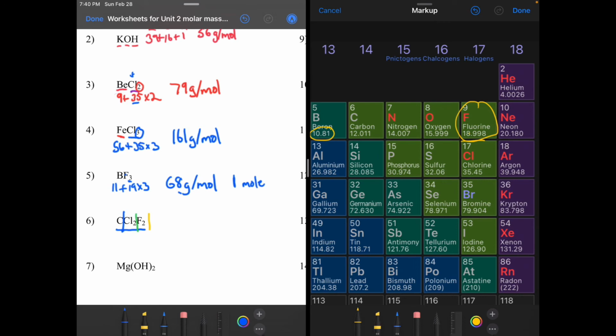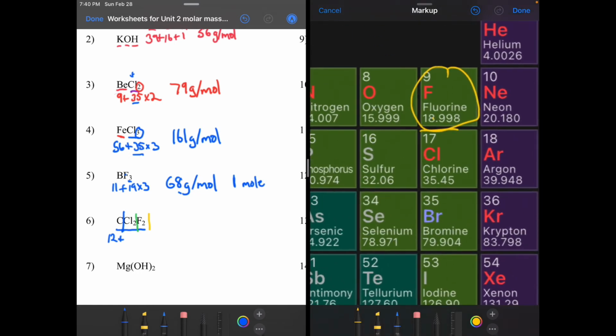So we have 1 carbon. That's going to be 12, rounded down. 12 plus chlorine. Remember, chlorine is 35, we rounded it down. So that's going to be 35 times 2, because we got this 2. And then we have plus fluorine, which is 19 times 2. So again, simple math. Let's do it. We take our 12 plus 35 times 2 plus 19 times 2, and that's going to give us